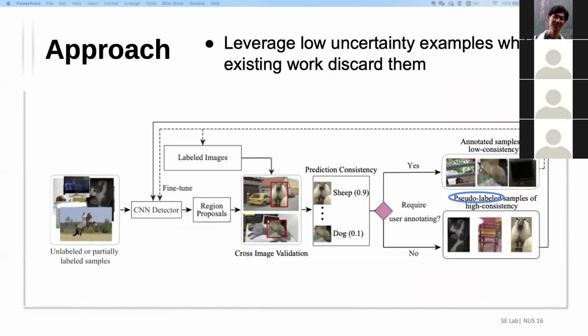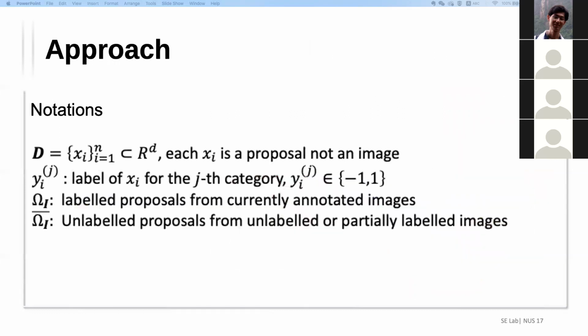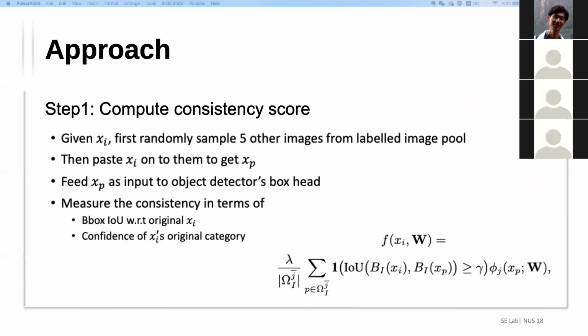Can you explain IOU a bit more? It's intersection over union. So for example, given two boxes, box 1 and box 2, the intersection region is just this part, right? The union region is this big thing. So if this IOU is high, that means these two boxes are highly overlapped.